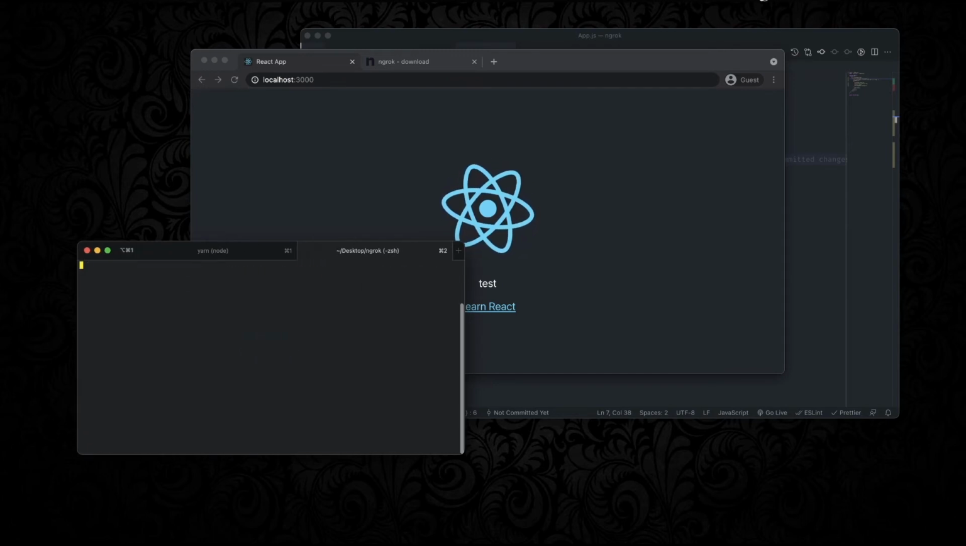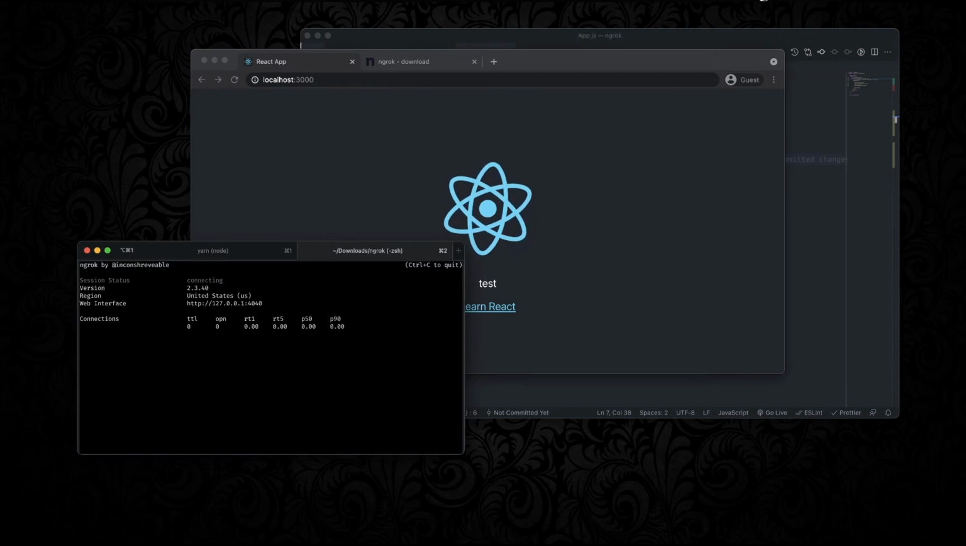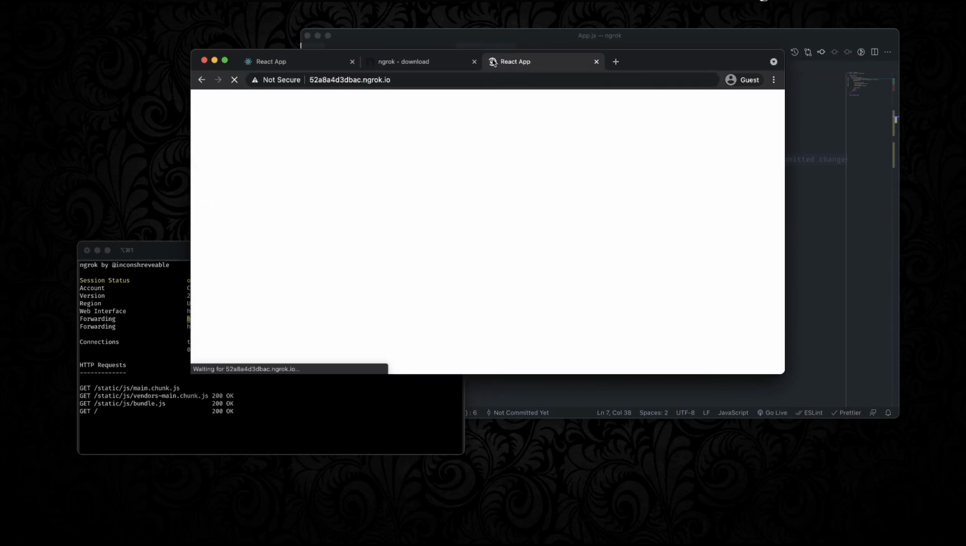So what I want to do is run ngrok from my downloads folder. I'm just going to go to documents, downloads, slash ngrok, and then run it from there. So http 3000, run that, and now what you'll see is I've been given a random ngrok ID. Now if someone wanted to view this application and they went to this URL,